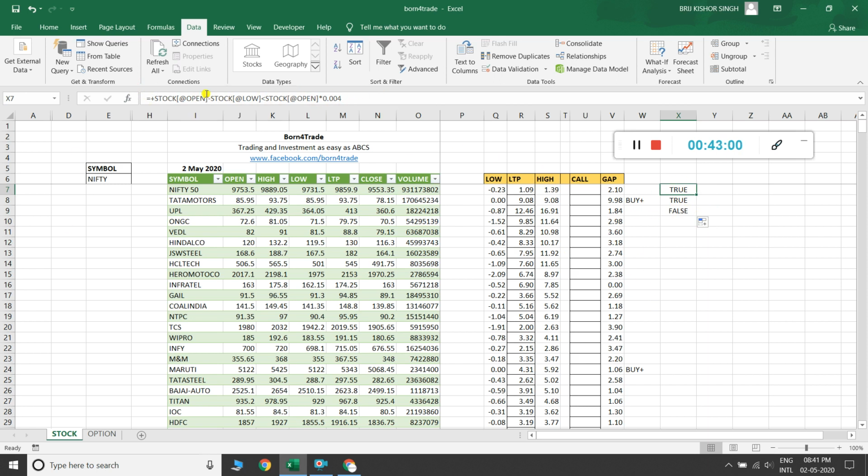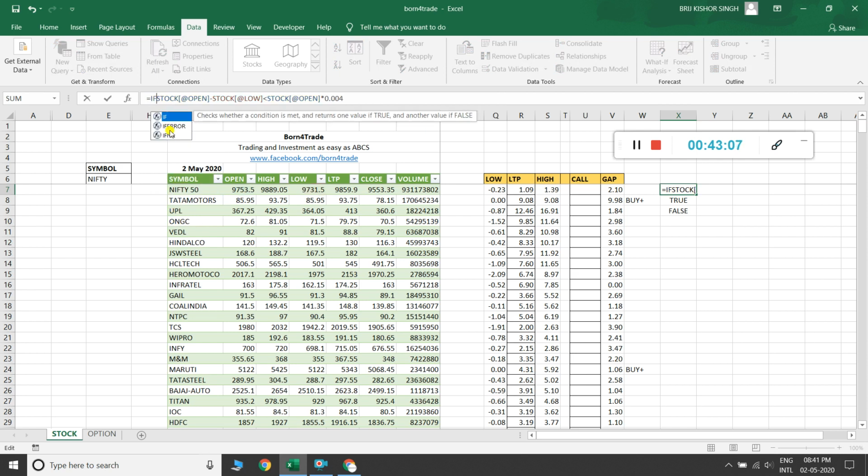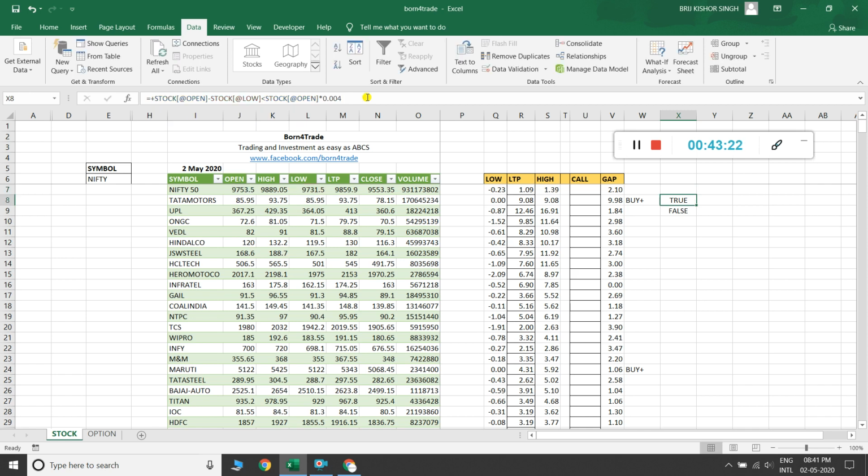This logic is correct. Okay, then I put an IF sign, capital IF, and make a sense here. Take a comma and again double inverted commas, and press enter. If nothing appears, then I put here BUY and click here.